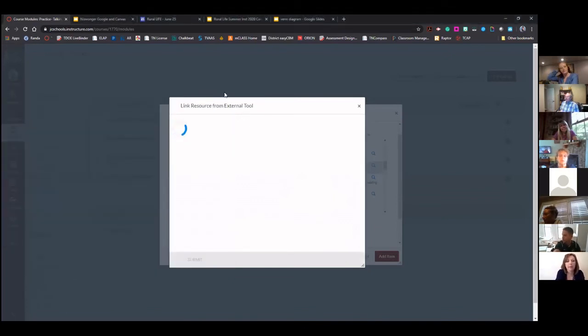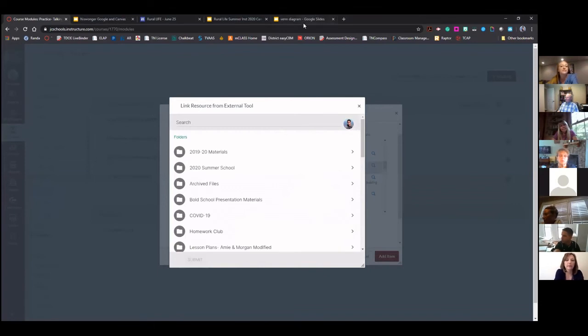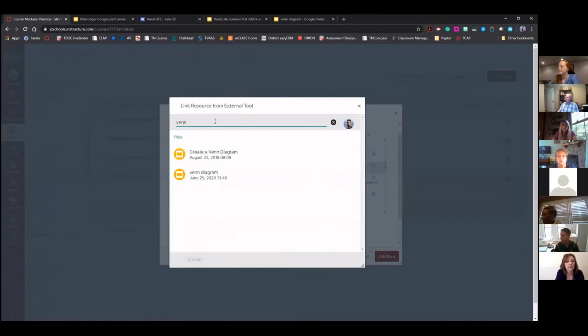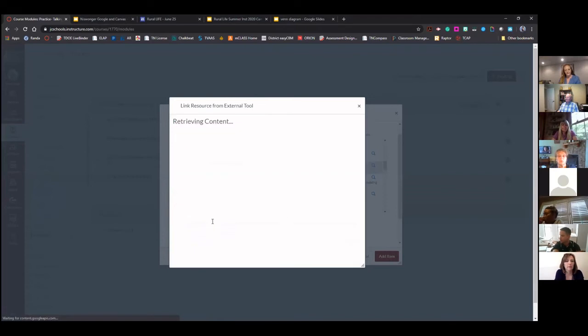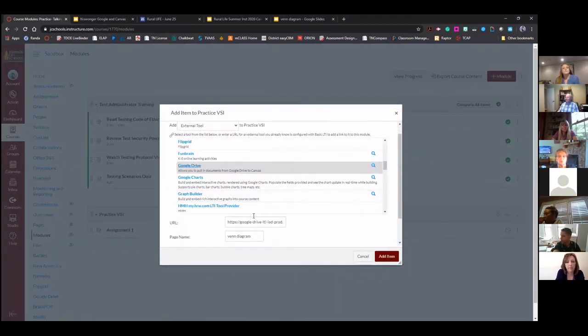All right, so what I'm going to do is I'm going to search for, so this opens up everything that's in my Google Drive. I'm going to search for that Venn diagram that I just had and click submit. And I'm going to go ahead, it already does the URL, so that pulls in the URL from your Google Drive, and it automatically names it.